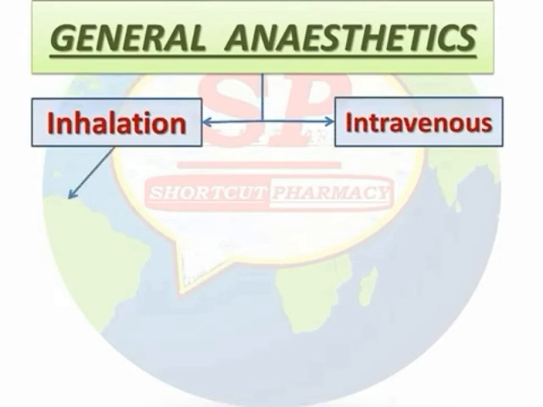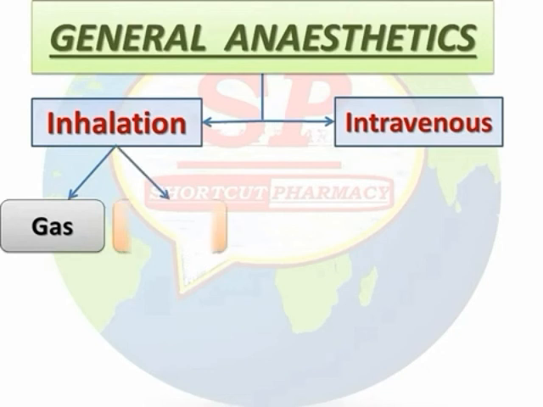So next we see the contraindications of diethyl ether. First, diathermy, as it is inflammable, and also diabetes mellitus, as it releases catecholamines and produces hyperglycemia. Ether, diathermy, diabetes. So in these cases this diethyl ether is not used, so they are known as contraindications.